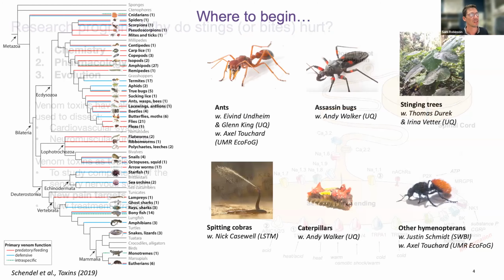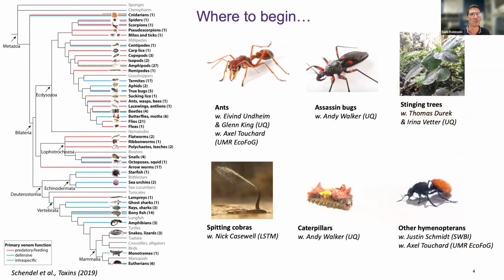So there's lots of things that sting and lots of things that hurt when they sting. So the question was, where do I begin? This is a picture from Vanessa Schendel's review, and you can see this illustrates all the different things that sting defensively. When I moved to Australia, I started with ants, for reasons I won't explain. That was with Glenn King, and later joined by Axel Touchard, who's really the expert on ant venoms. I've also worked on assassin bug venoms with Andy Walker,